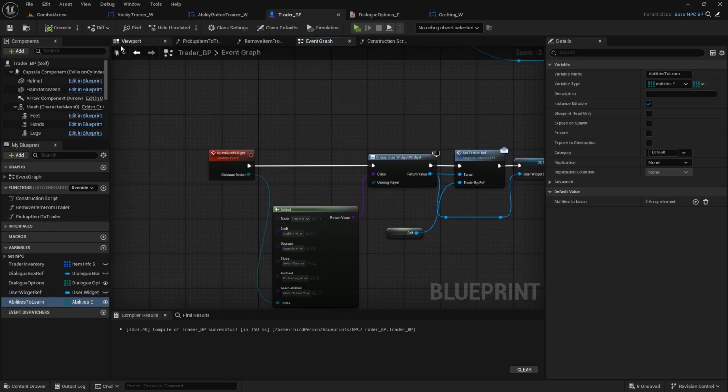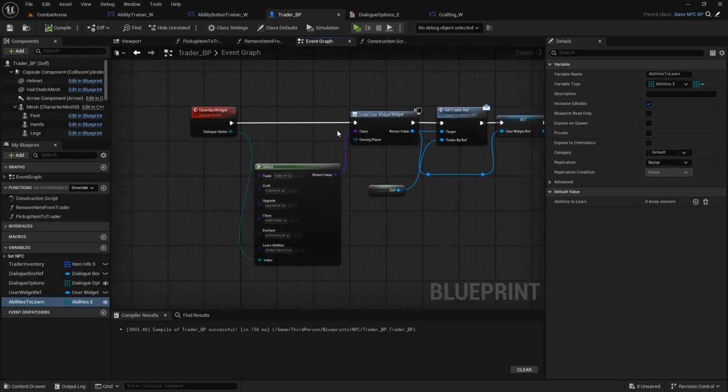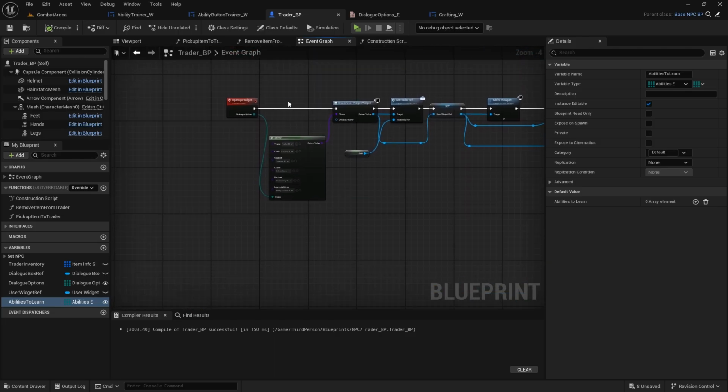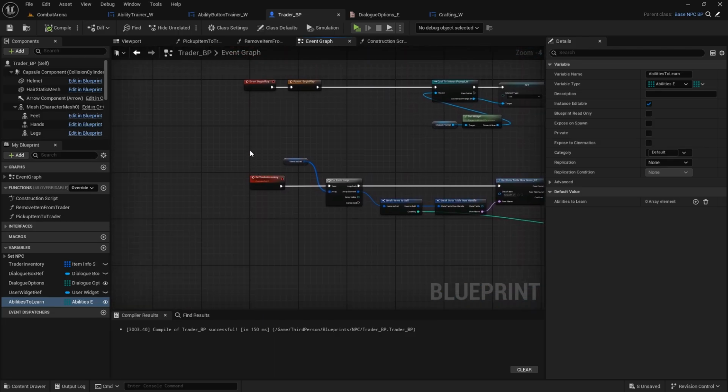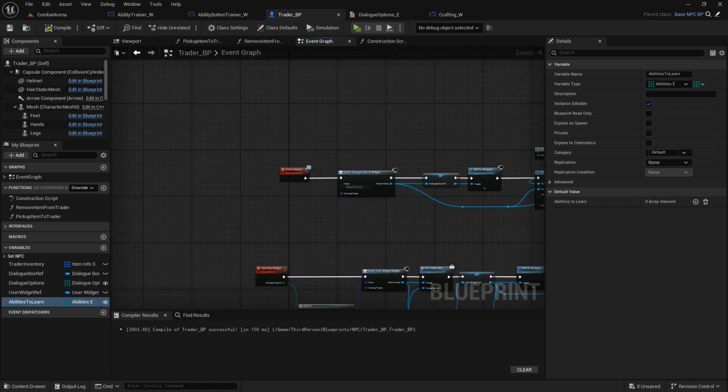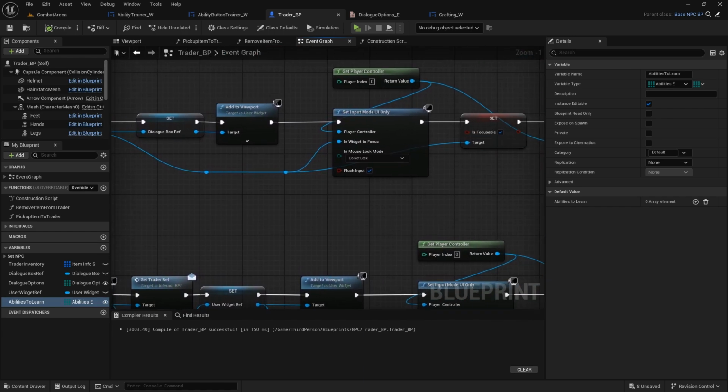And that should be all of it. So that's when the dialog happens. Right, okay, so we need to call this OpenNPC. So when we interact, that should be there. Yeah, event interact, dialog box,